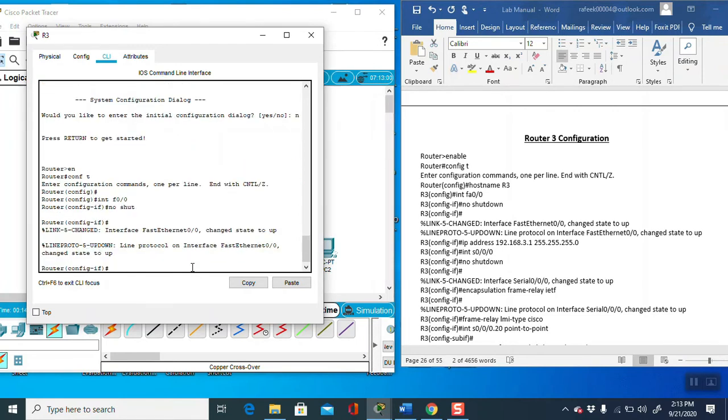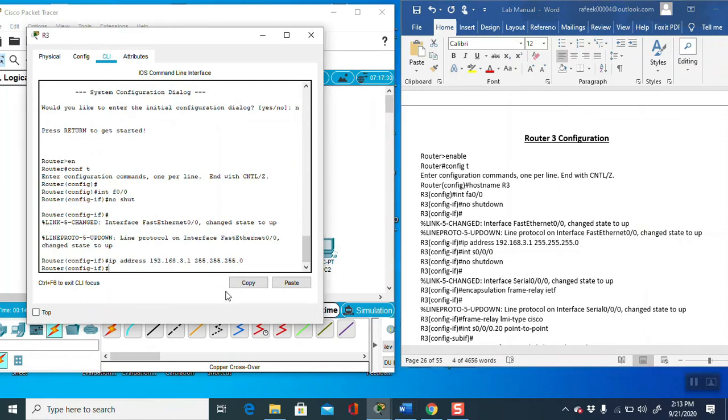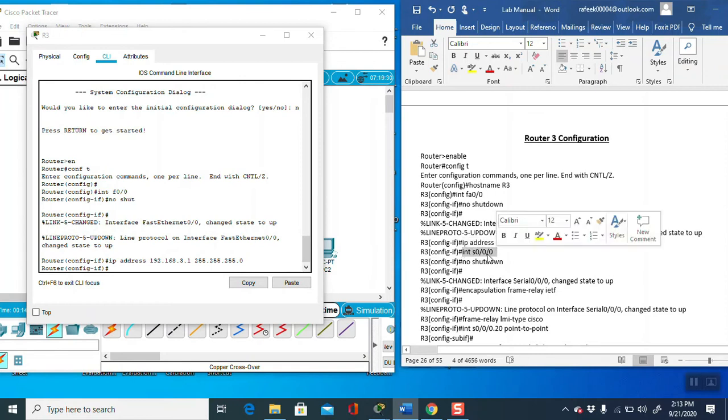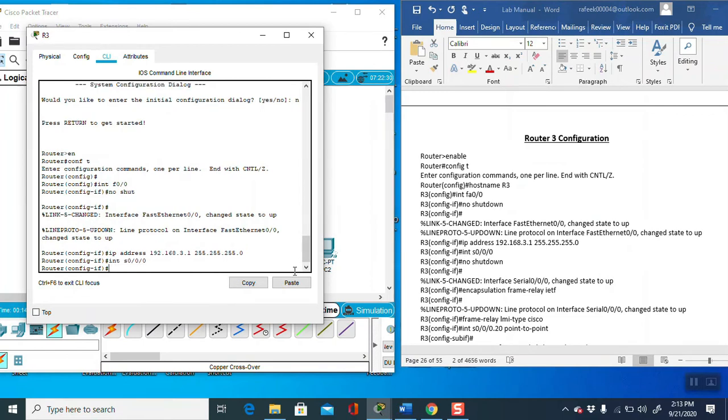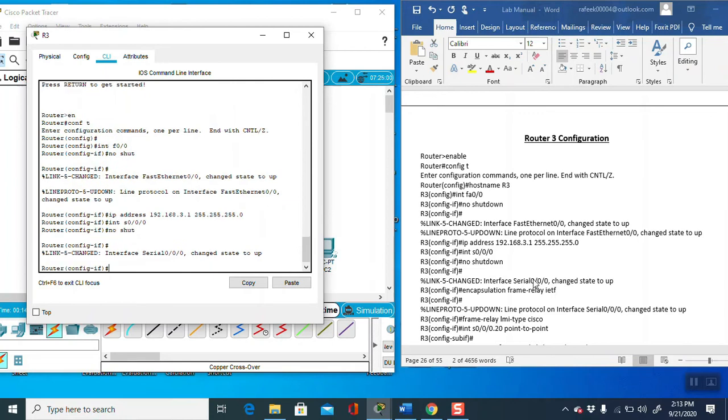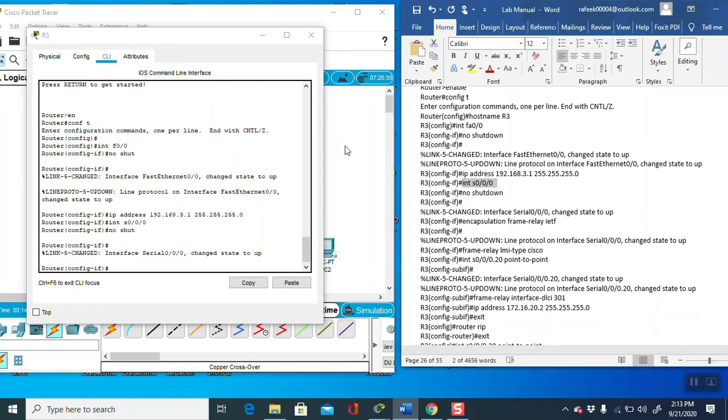Now again copy this command. Take this serial 0/0 port, no shutdown.